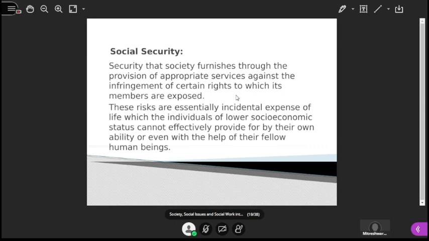So, if you take the example of Social Security in Mauritius, when we are talking about basic invalidity pension, for example, you can help your neighbor, but not for a whole life. And in fact, the Social Security, when they're dealing with invalid people, they provide this invalidity pension for a certain period of time. And again, the person has to go through a board, and then it is being renewed or not renewed.